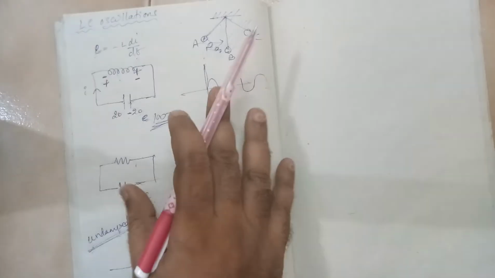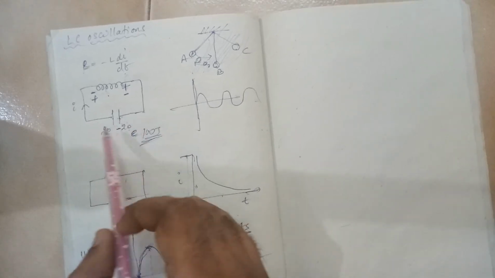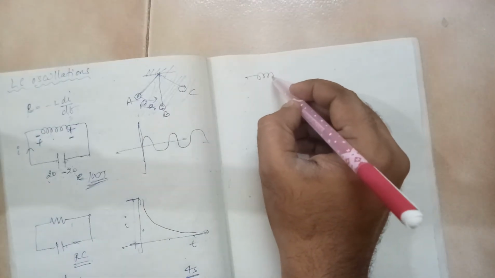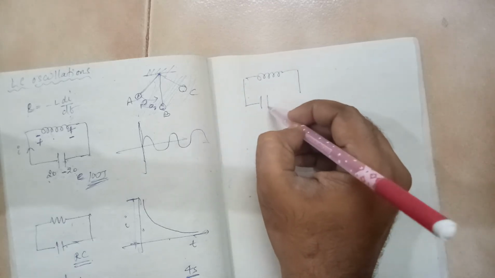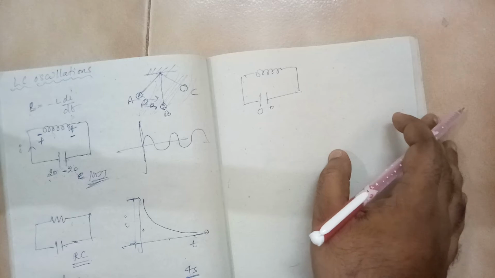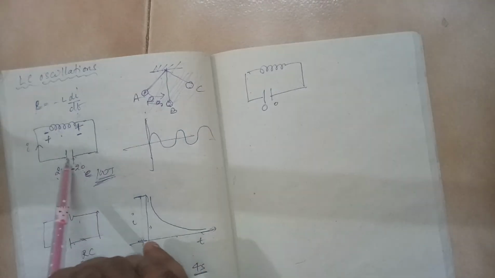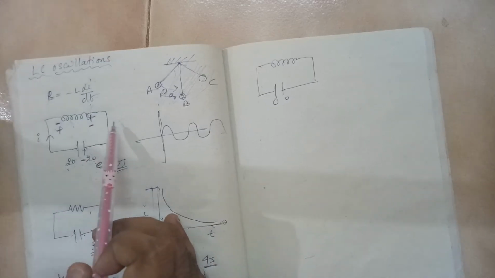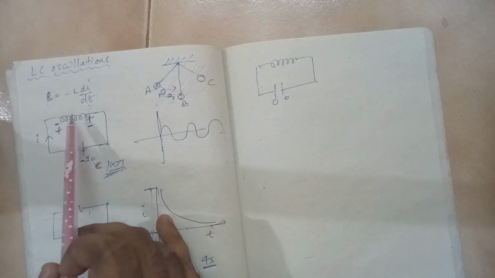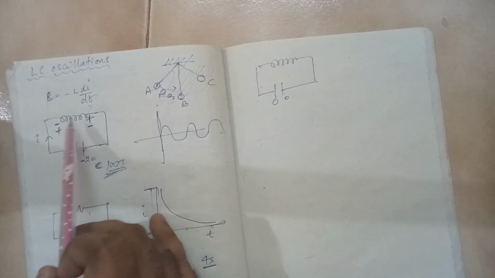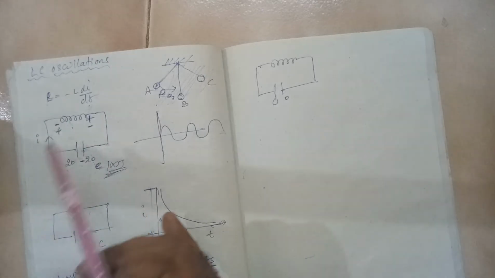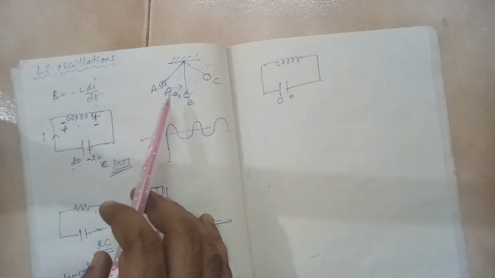So you can see here, initially I have taken the example that there are 20 and minus 20 charges. After some time the situation is something like this. It becomes 0, 0. Now when the charge flow is there, this will start behaving like a solenoid, having its own magnetic field, and because of its own magnetic field there will be a change in flux, so there will be a back EMF, and it will try to oppose the motion of the current. Initially it won't, but slowly it will start opposing the motion.